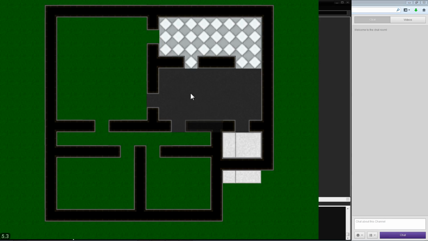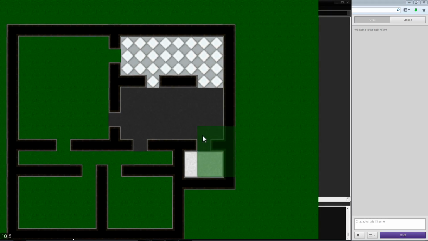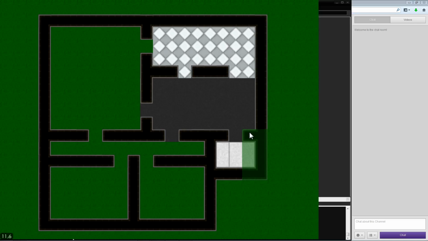Okay, so we're going to fill in a couple of gaps there, and right now our bathroom tile is actually sticking out. We don't want that. So let's cover that up with some more grass. Okay, so now we've got some nice stuff going on here. Let's see, we've got